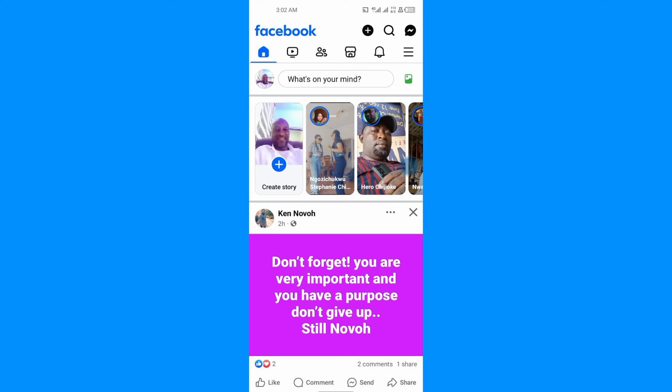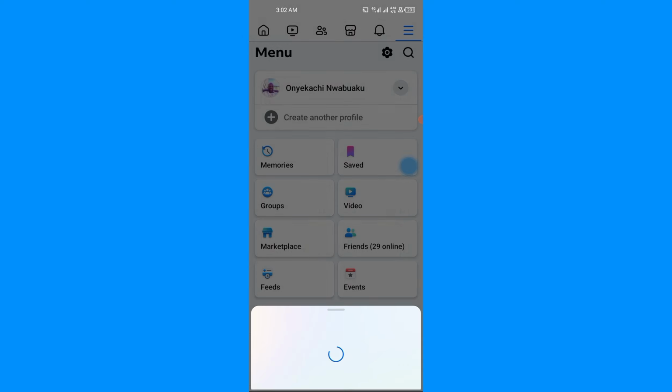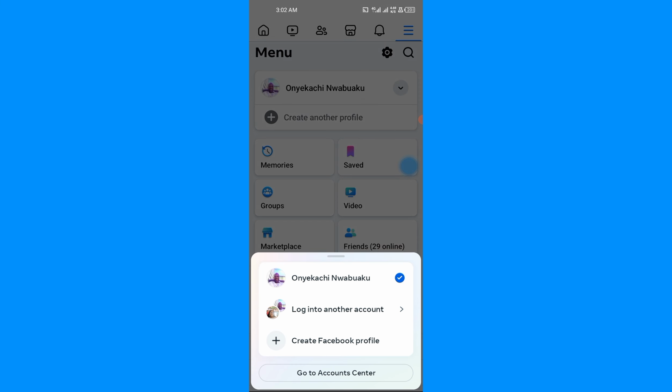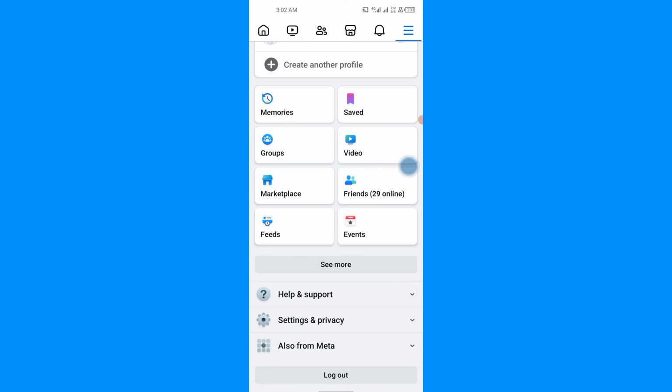So for you to be able to remove multiple accounts on your Facebook, this is what you have to do. The first thing you have to do is to open your account like this. The second thing you have to do is to tap on three dots here. Then the next thing you have to do is to tap. Okay, let's go through. You can see that I have two accounts here. So for me to be able to remove multiple accounts, what I just have to do is to, okay,